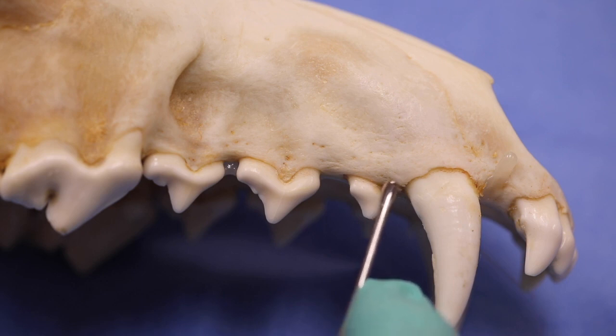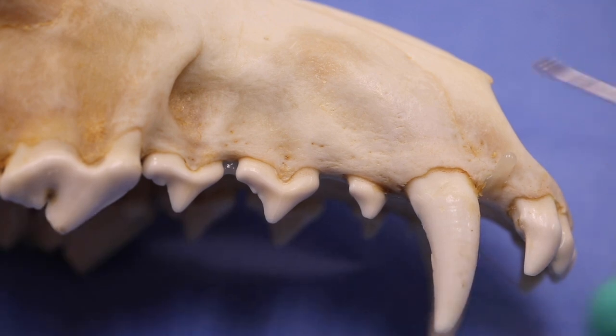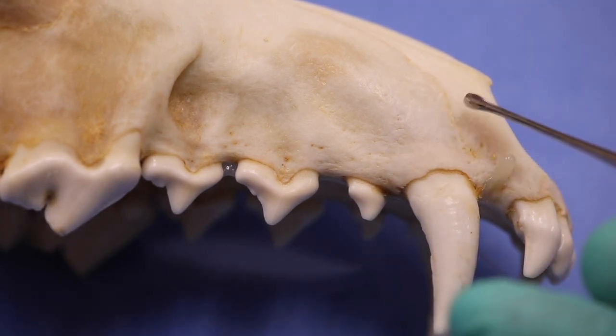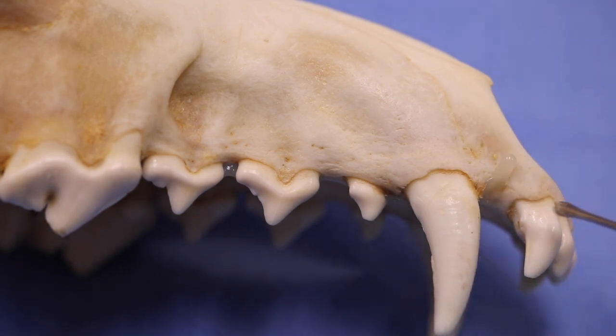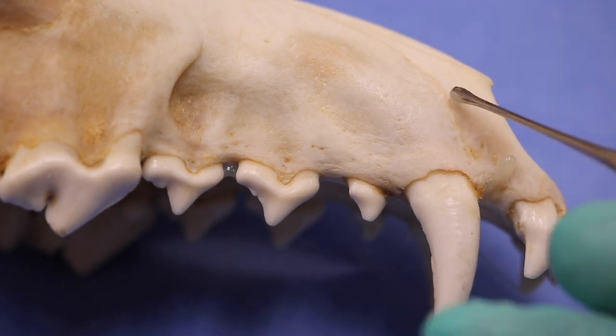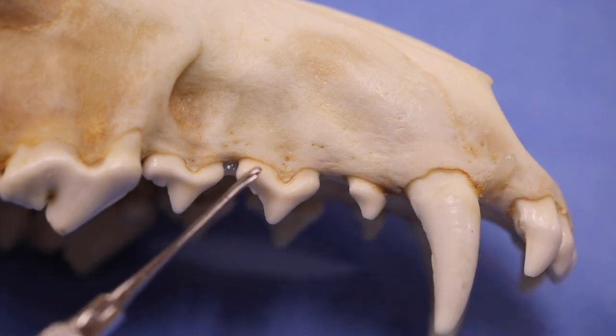And when we start off with a flap, one thing to keep in mind, let's say we're doing a flap to expose the canine tooth for extraction. We start with an incision up here in the diastema between the canine and the incisor, and so that's a vertical releasing incision with a scalpel. We carry it on back to the distal aspect of the third